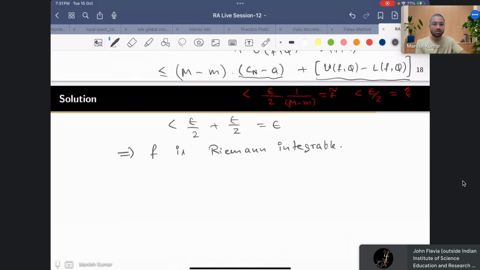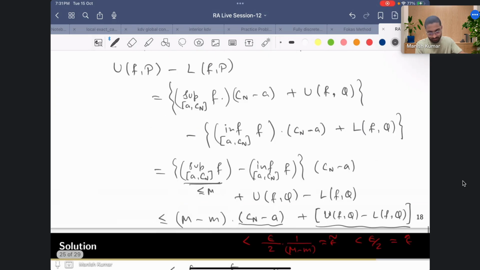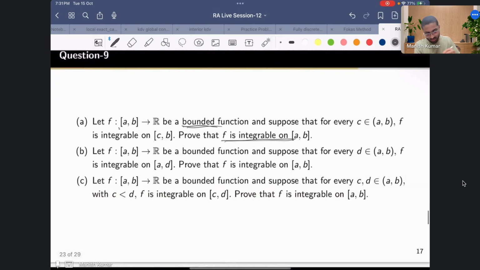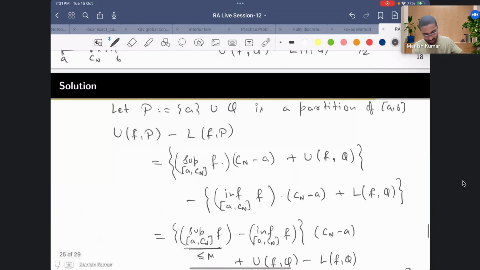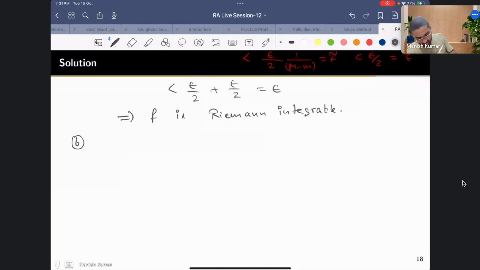Okay, in a similar fashion you can prove the B part. So the B part can also be proven in the same way. Now you will take a sequence Dn that converges to B. So I'll just write maybe a sketch. So here also you'll take a Dn which converges to B. Use this Dn minus B will be less than epsilon by 2 times (M minus m). Okay, and use